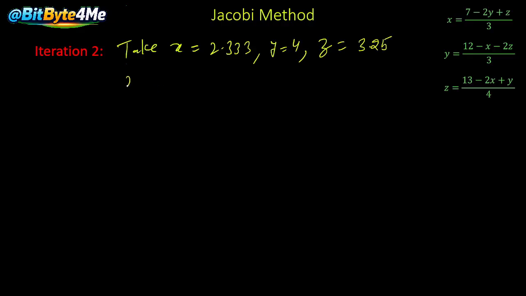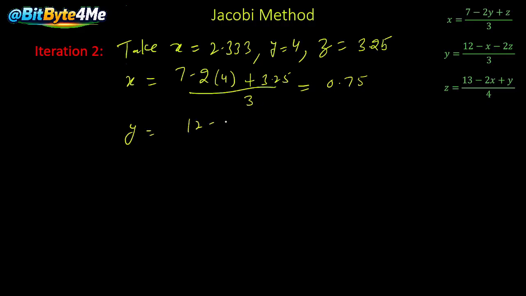So x is equal to, we will calculate by putting these values. X is equal to 7 minus 2 into the value of y, which is 4, plus the value of z, that is 3.25, divided by 3, which will come out to be 0.75. And the value of y is 12 minus x, 2.333, minus 2 into z, this value 3.25, divided by 3, that is